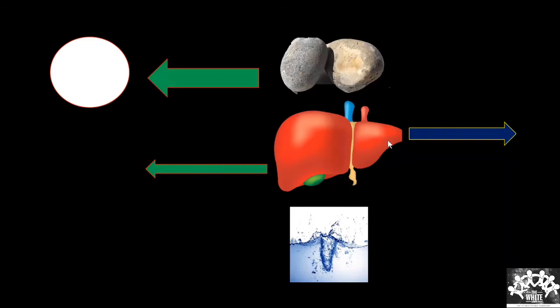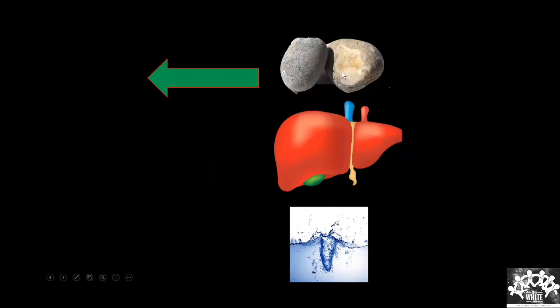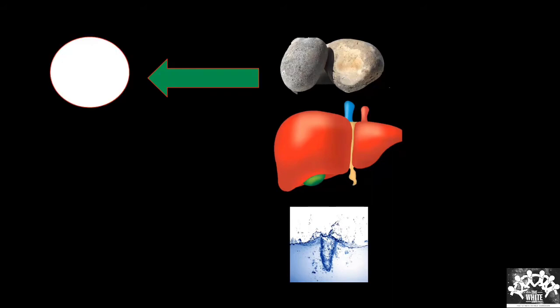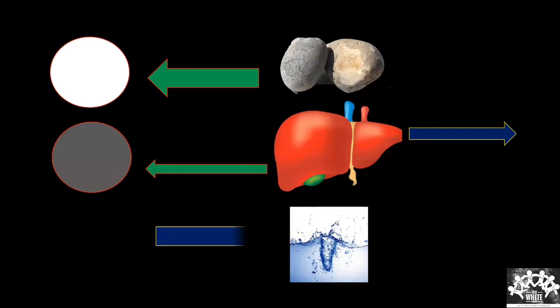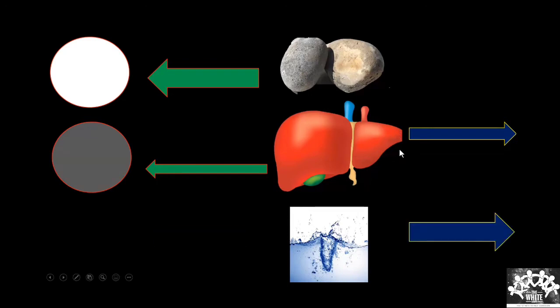Whenever I send sound waves towards a stone, everything will be reflected back, so whatever is reflected looks hyper. If I send the same to the liver, some of it will pass through and only a few will get reflected, so it will become somewhat grayish. When it comes to water, everything will pass through, so it will appear blacker. What's the frequency of the probe used for the heart, sir? It is in between the superficial and the deep probes. But again, in the heart also, we need depth.